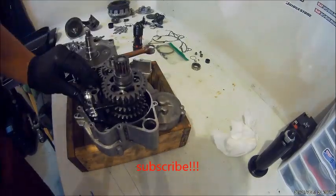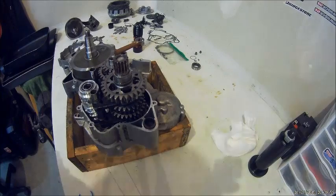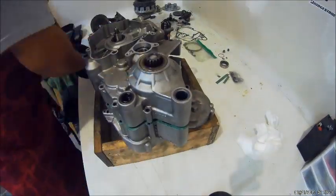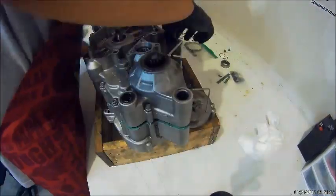And then some people like to use a liquid gasket to seal up the cases, but I like to use a paper gasket because I might be back in there and I don't want to have to scrape all that off. So get those crankcase bolts back in,